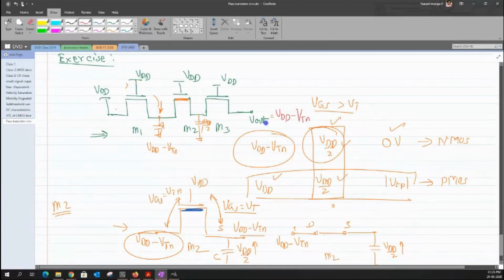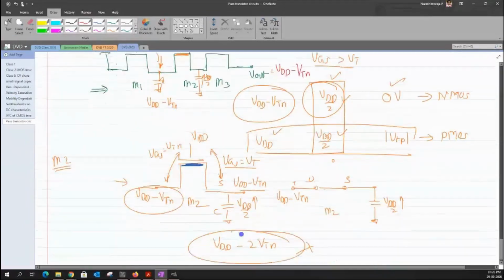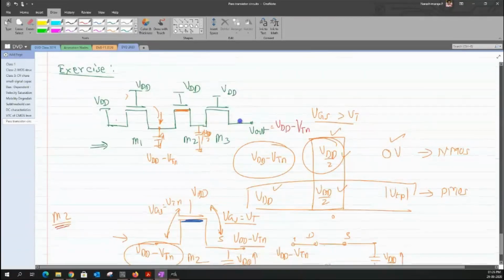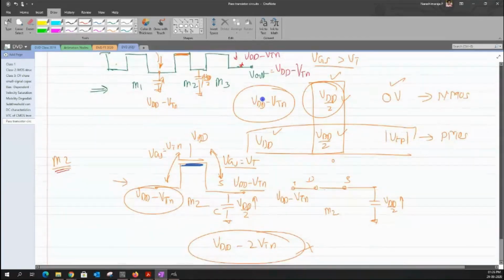So if you find it difficult to understand, you work out with the condition that I've stated for the M2 transistor, even for M3 as well. Again you would find that the channel would cease to form the moment the voltage across this node reaches the value of VDD minus VTN. So it would create a value of VGS which is equal to VTN, and then the channel will not form after that. So that is the voltage that we would have.